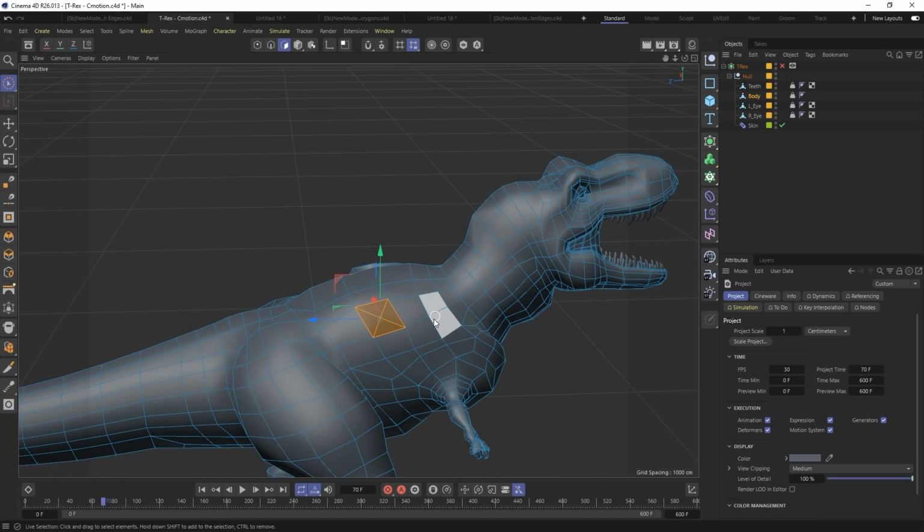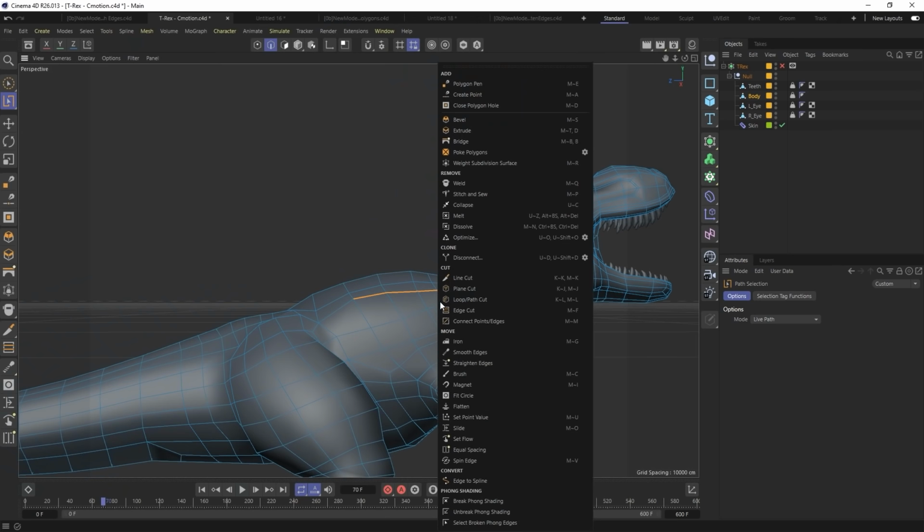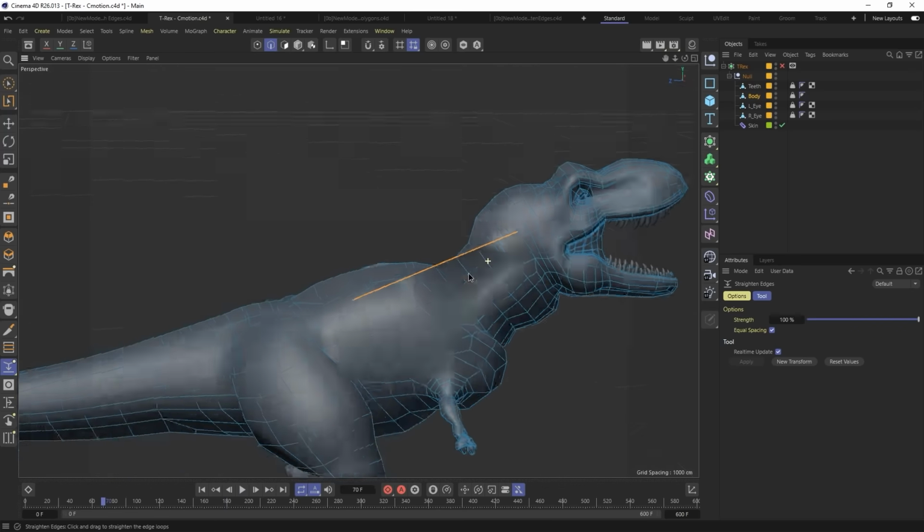Back once more to the T-Rex. Let's undo that poke polygon, and this time select a couple of edges, U, M, and let's see. Let's say we want to select this line right there. Not you, but you. We've got that edge selected. Right-clicking, there is now a setting called Straighten Edges. Selecting that, I can click and drag, and that selected edge will average out and evenly space every single one